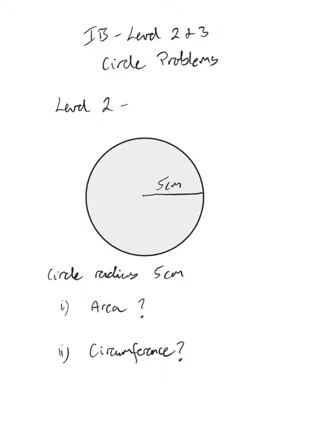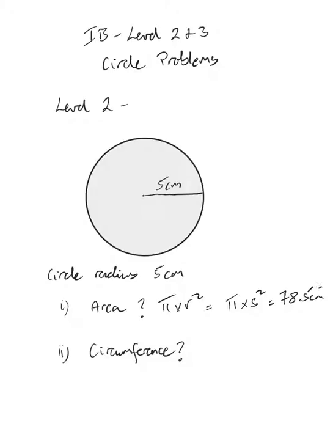If we look at the question that you've got in front of you, in this case they've given you the radius of 5. So the first question is, what is the area? Hopefully you all remember that area is pi times the radius squared. So in this case that'll be pi times 5 squared, which equals 78.5